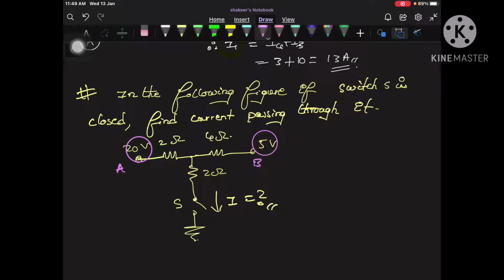Clear? Now if I see this circuit, this switch is actually connected to ground here. So this is the ground connection. Now the question is, what is meant by a ground connection? Ground connection means this wire is connected to earth, that's all. If you connect anything to earth, then the potential of that particular point will become zero. The reason is that potential is equal to kq divided by r, the formula for potential due to a point charge. This is the same formula for potential due to earth also, since for spherical surfaces the potential formula remains the same.